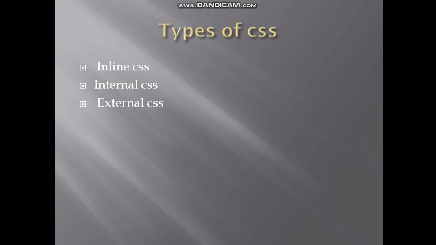There are basically three types of CSS. One is inline CSS. It means the CSS will control the styling of a single line. Then comes internal CSS, that is the CSS is applied to a single page and it works internally, means the scope of CSS is limited to a single page. And then external CSS, it means the CSS can be used to change the style of many web pages at a time, or if you want to change the look and feel of a full website, you can use external CSS. Here one file will be called in many pages at a time.